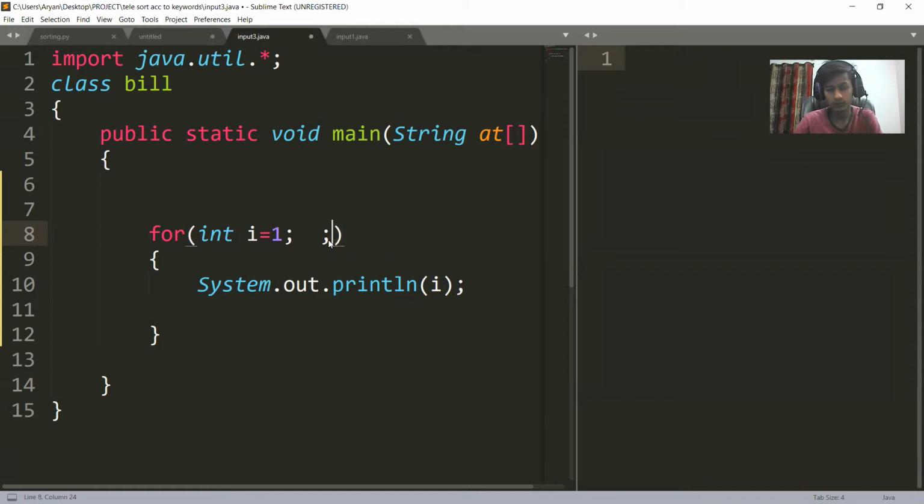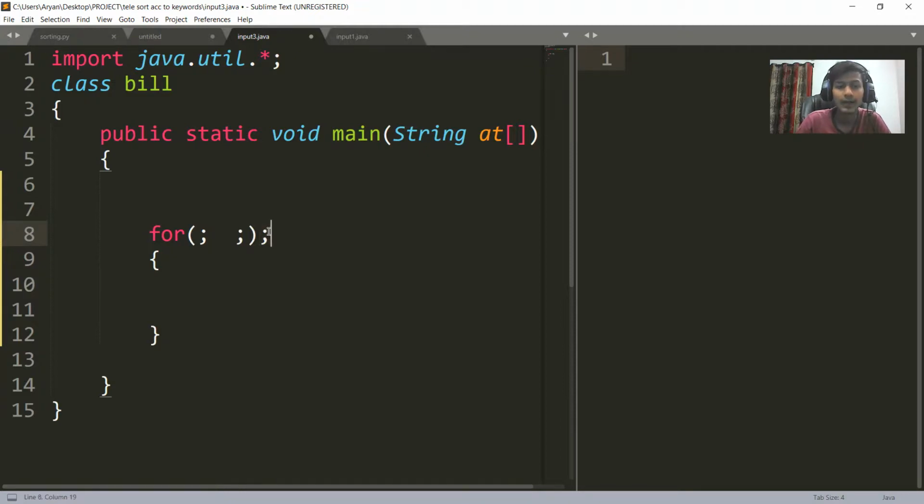And if you remove this and you put a semicolon here, now what will happen? If you put a semicolon after the for loop, what does the semicolon tell? The semicolon tells the end of the statement.